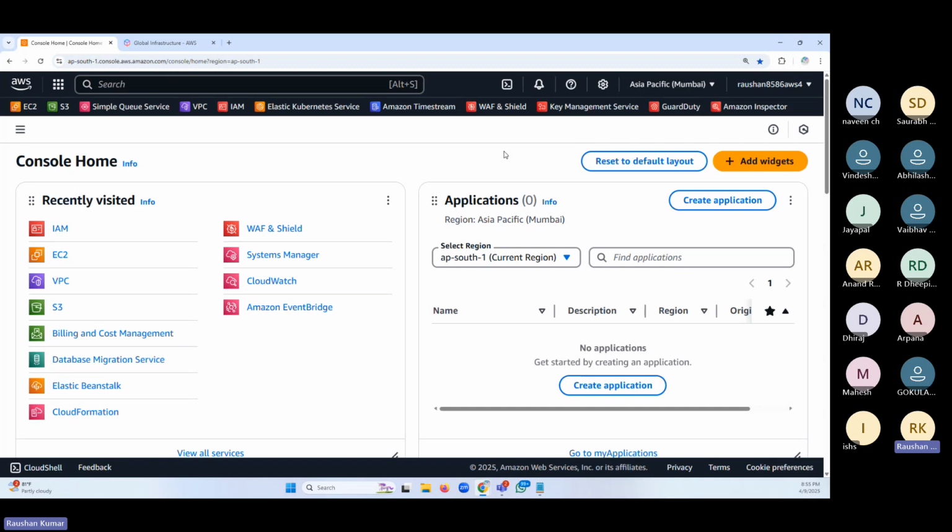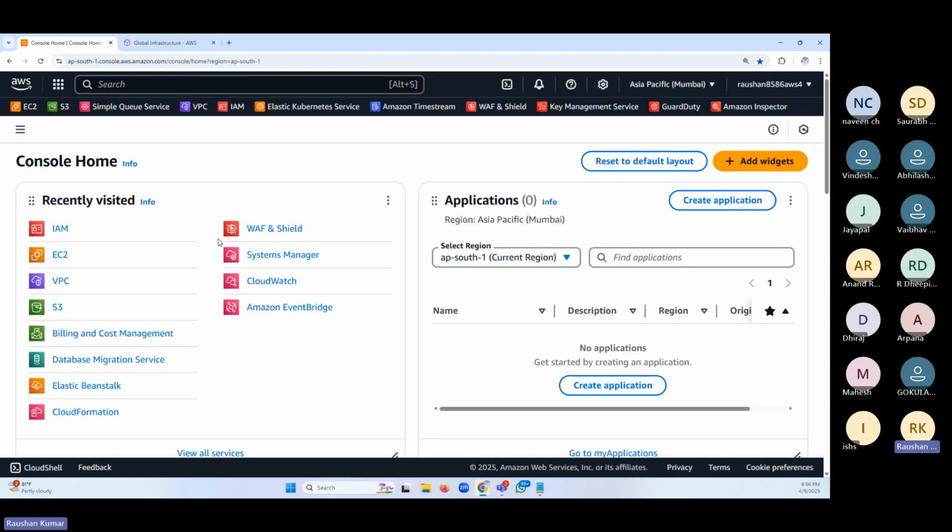Now, why have we logged in here? Understand, they ask these basic questions. Abhilash, you have a free tier account from a long time back, so I'm not sure. The free tier is only available for 1 year from the account creation date. So you can check what the free tier is and when you created it. If you're able to log in and create some services like the one we are talking about, then you're good.